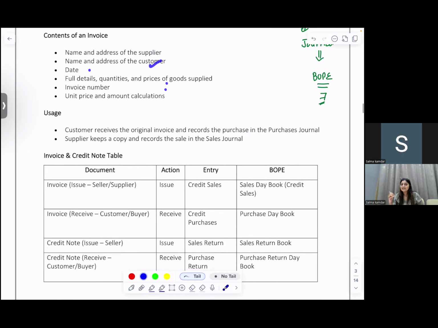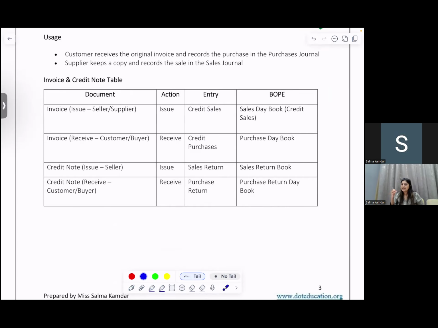So, invoice is used to record credit sales of goods only. I am repeating the statement. If I issue the invoice, I would record credit sales in my sales day book, and credit sales would be of goods